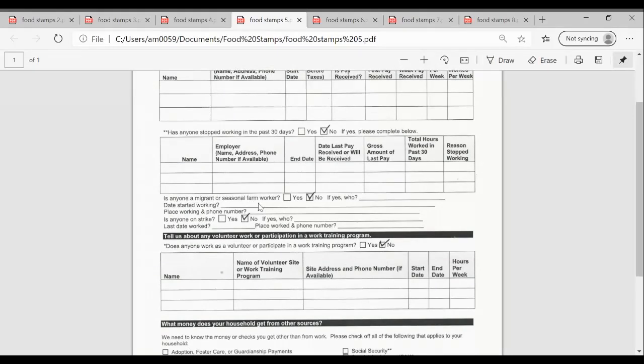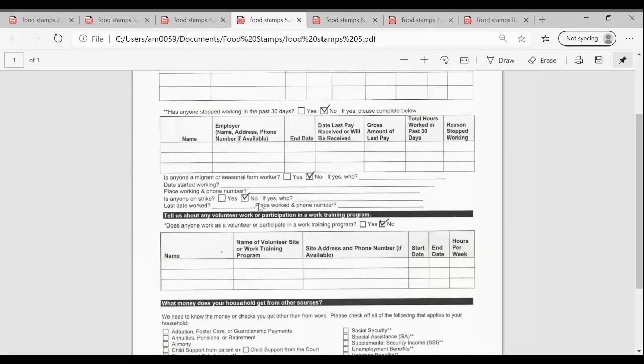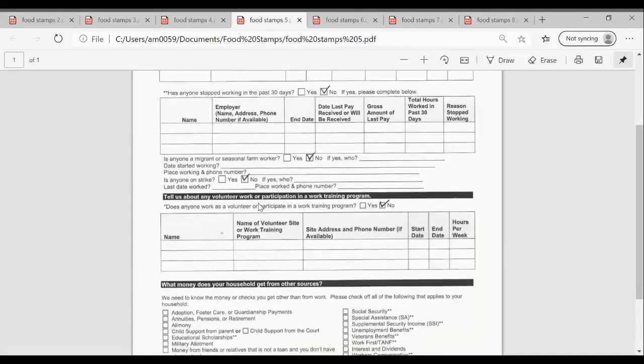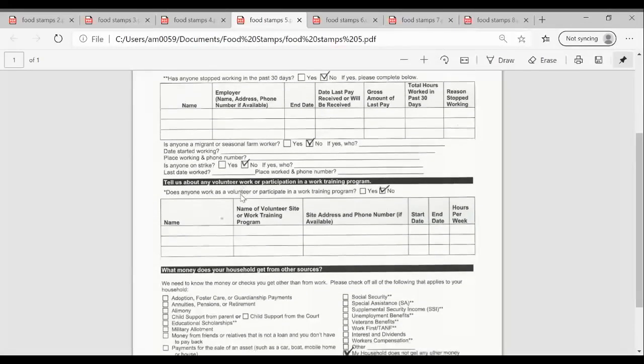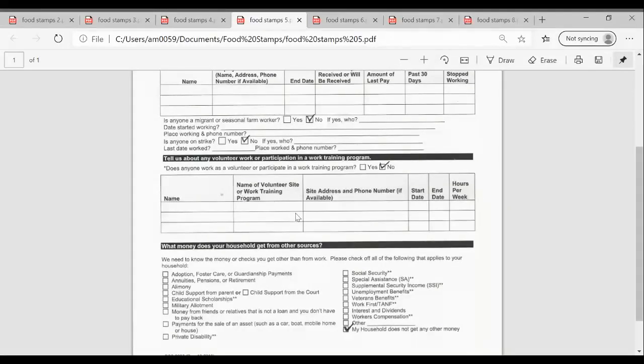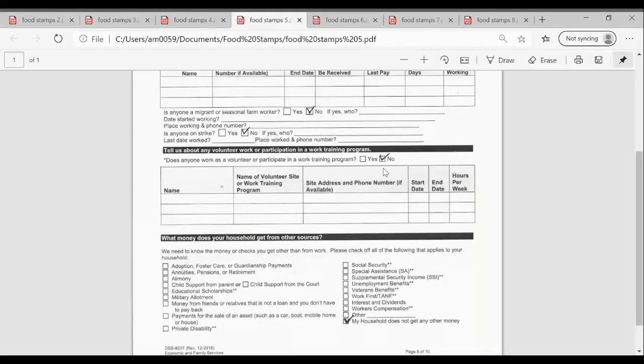Is anyone a migrant or seasonal farm worker? We said no, but if you say yes, again, provide the information below. Is anyone on strike? If yes, say who is on strike. And then tell about any volunteer work or participation in a work training program. We said no, but if you or anybody in your household applies to that situation, then please provide the